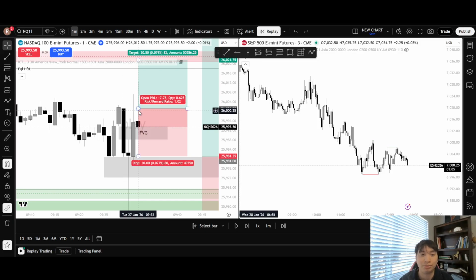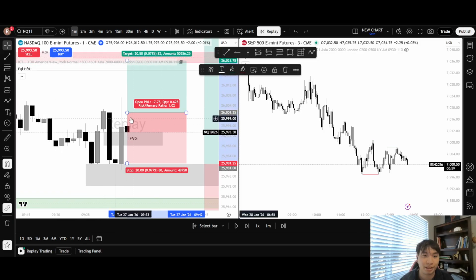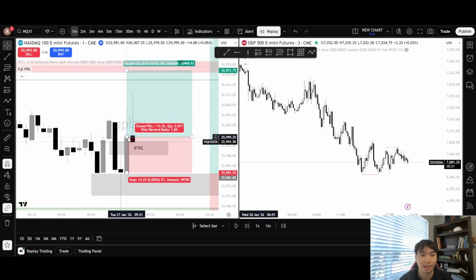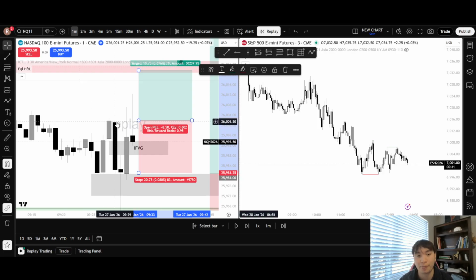And the reason why I did it was not because I chose to out of greed, but because I was tunnel vision and I put the contract size that was meant for this, right? So imagine this number was like 17 or something. I was supposed to enter 17 contracts here, but since I entered up here, it was going to be like 14. So instead of risking $500 per trade, because I'm trading on an eval account right now, I entered with way more risk than I was. It's 1% risk, one trade a day. That was my go-to for a long while. And now I'm switching it up, which I'll explain after the whole thing.